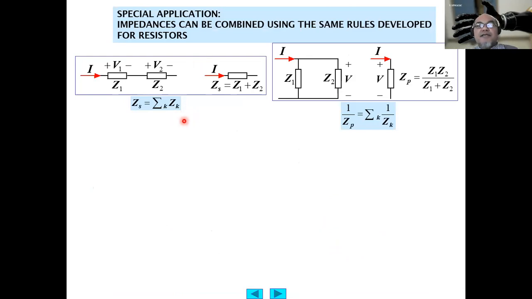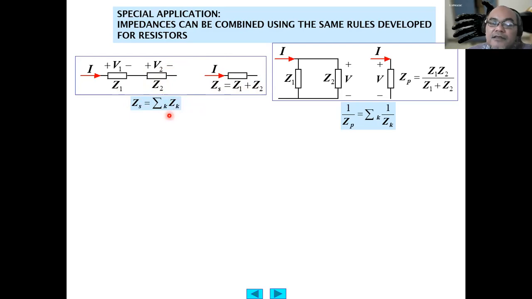So here are special applications. Impedances can be combined using the same rules as what we have learned for resistors: series resistors and parallel resistors. When impedances are put in series like this, the same current flows through both impedances. The series impedance Zs will be equal to Z1 plus Z2, or if we extend it to even more impedances, Zs